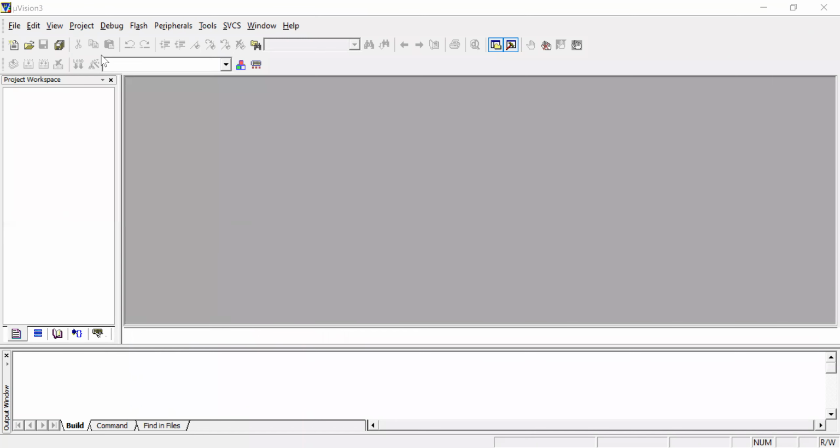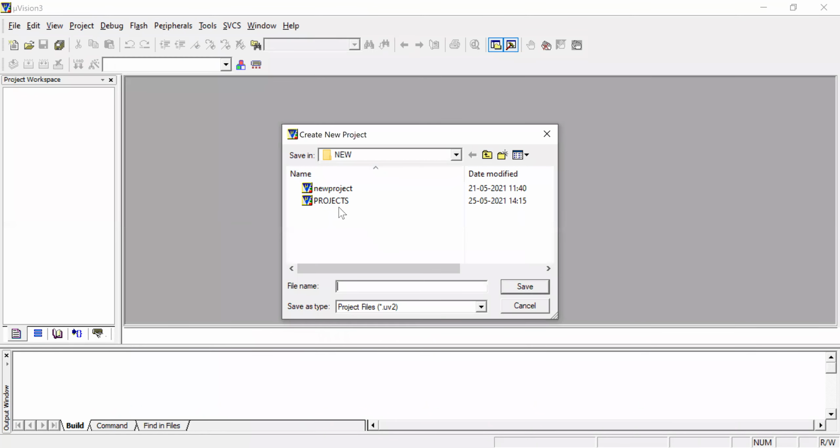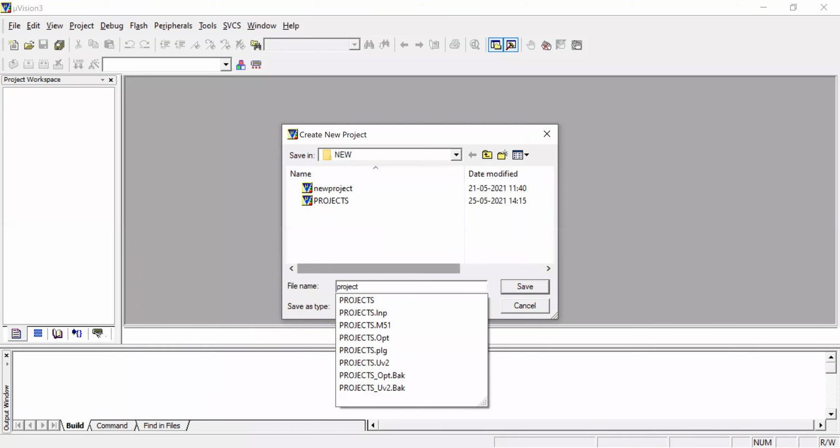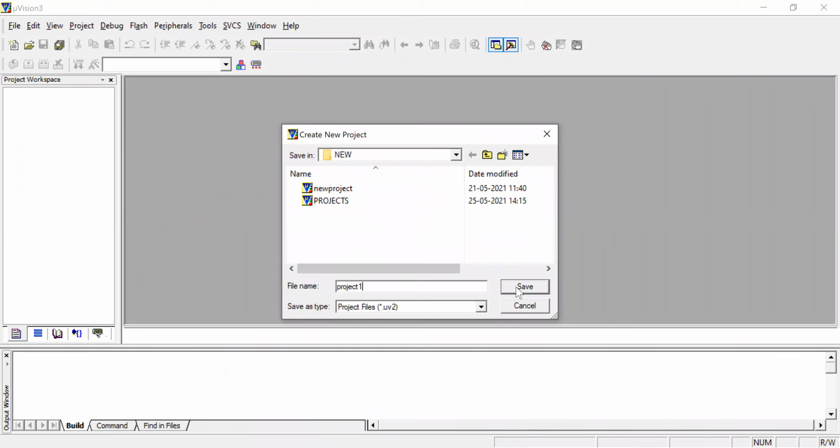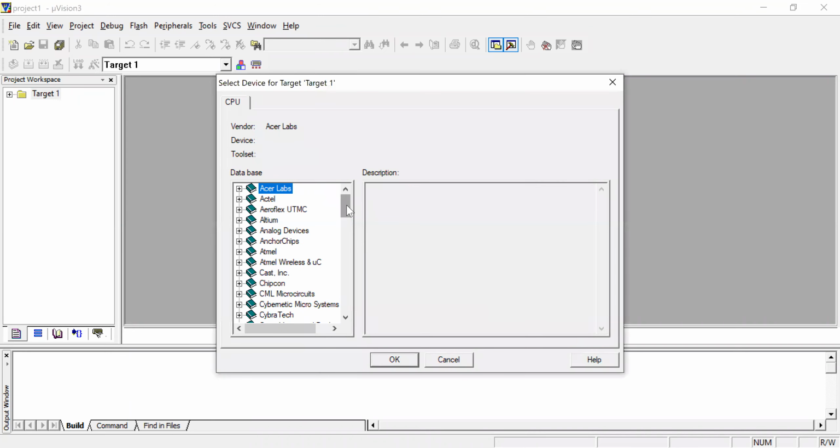So I will start a new project. So students, you can have your project name, and use some controller. The Philips, I'll use any one of the models.